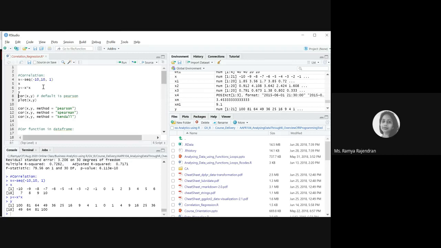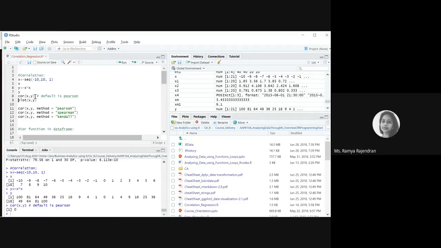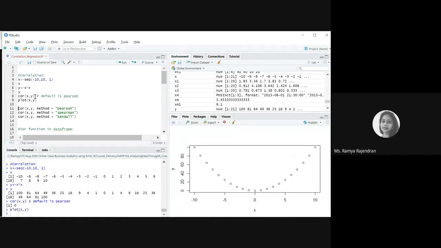When you just give cor and the variable names, you'll get the value based on the Pearson method, because that's the default method used by R. Here the correlation coefficient is 0. It means there is no relationship between the X and Y variables. If you plot it, you can really see that.